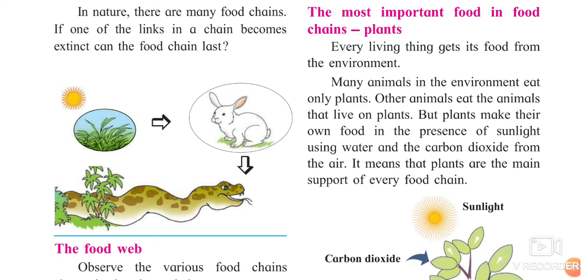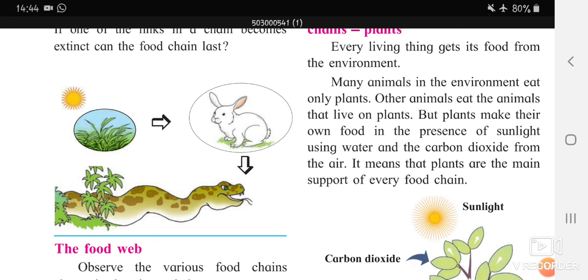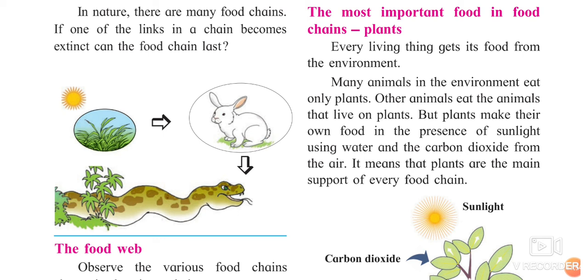For example, now see, plants are dependent on sunlight. The rabbit is dependent on those plants or that grass, and that rabbit is eaten by the snake. Suppose this rabbit is not present, directly or indirectly it will totally affect that snake. Yes, because particularly the food of that snake has disappeared. So always remember one thing, in this food chain each and everyone is dependent on each other. So the next part of this lesson we are going to study later. I hope you have understood this.